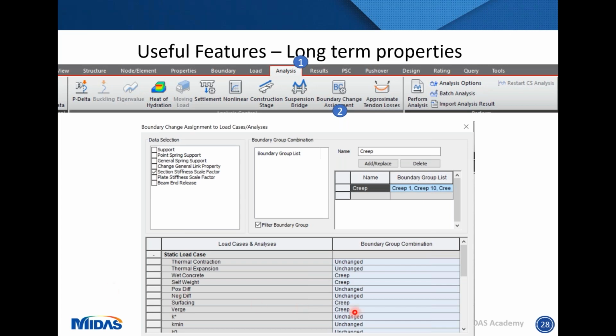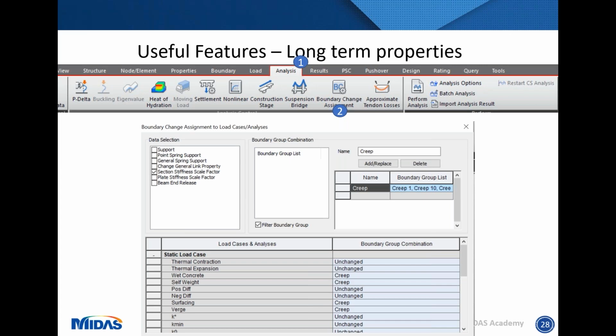So you can see here I've just applied it to what I've considered to be my long-term properties, which was the wet concrete, the self-weight, the verge and the surfacing, but we hadn't applied it specifically to the earth pressure values just because of the changing nature of that. But once you have that option, once you get into analysis, the software is then able to pick up those differences in terms of your section properties and provide you an analysis on that basis.